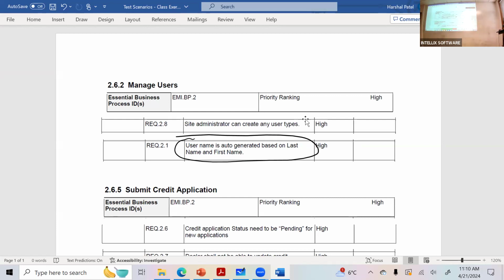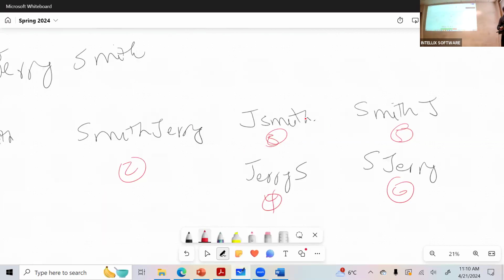So based on the first name and last name, it should be generated kind of more like a GSM in this case. Okay. So as he's saying, generate it like this. J Smith. Right, but what does J Smith mean? What is the J? First letter of the first name attached to the last name. Right, so if I say Bob Smith, what should it be?